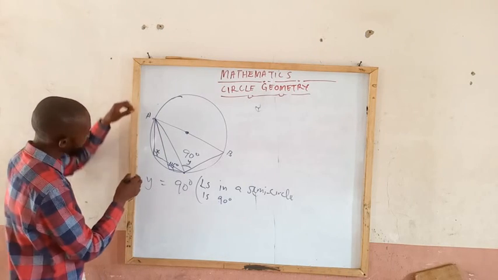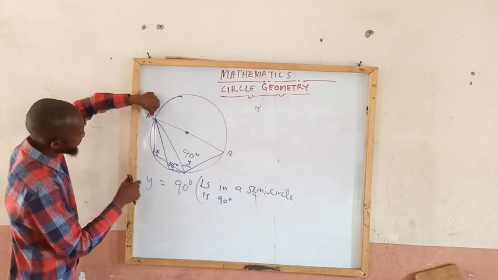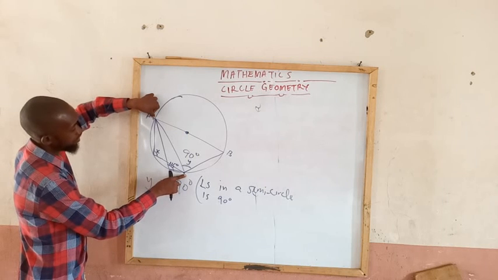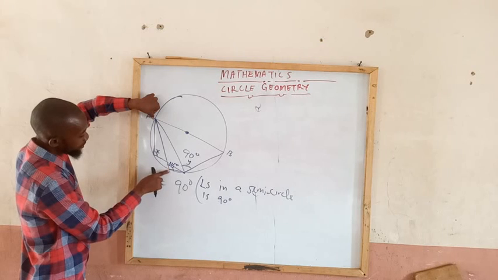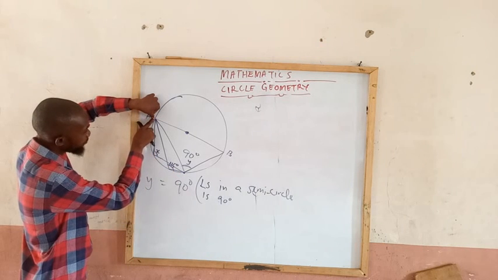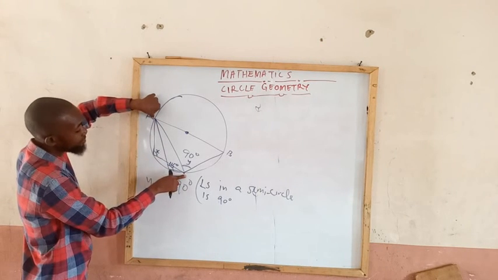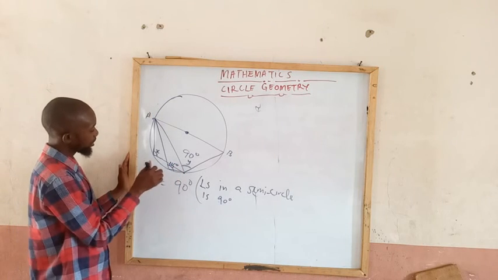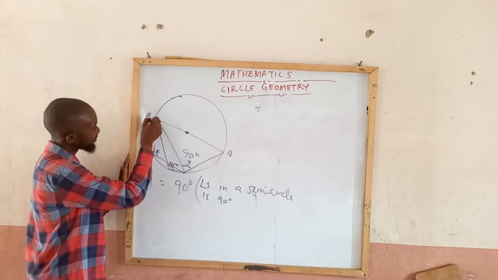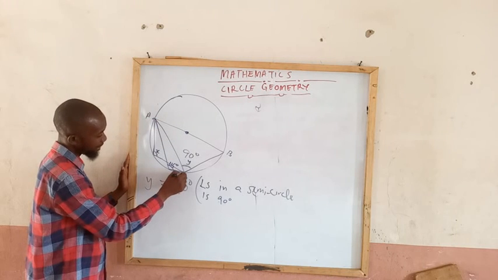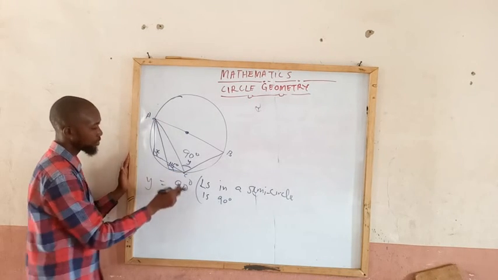Now we will try to connect this point to this point. How do I connect this point? Is it by saying this to this? We can see here to here without giving this point. It is only when I move from here down here that it will give me this point. So it shows that this angle x here is resting on chord A. We can name this one C. It is resting on chord